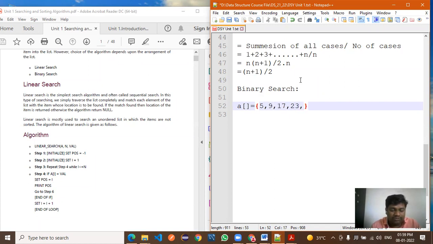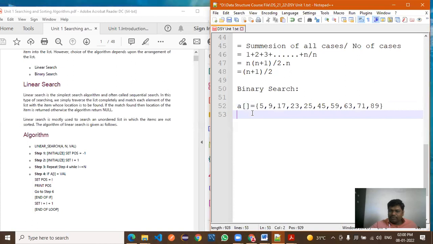In the binary search we require the elements in an incrementing order, so we will not consider elements that are in non-order. Now the given list is in an ordered manner, right? So what is the value of n here?